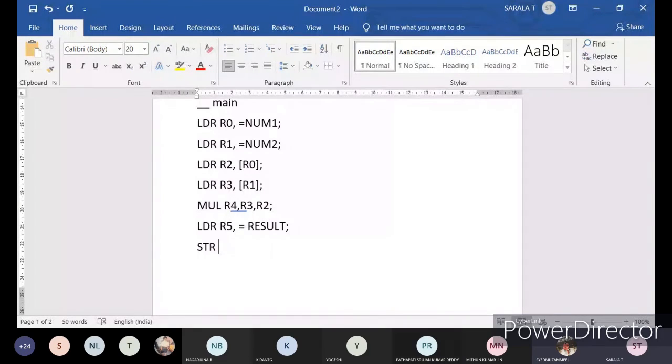R4, ma'am. R4 has the multiplication result, which should be stored in the memory where the variable name is result. And where do you want to store it? In the memory address in R5. Understood?